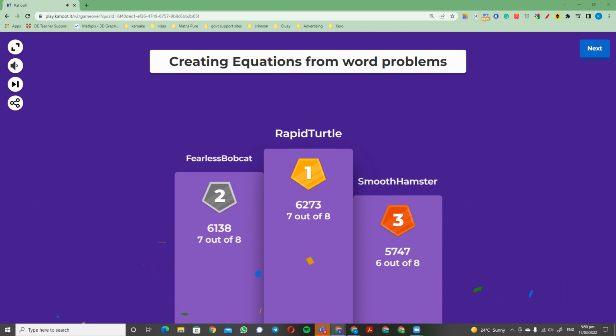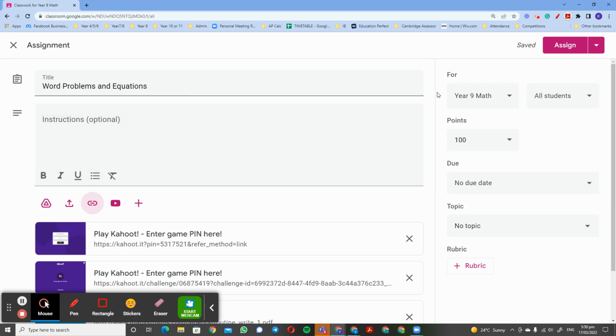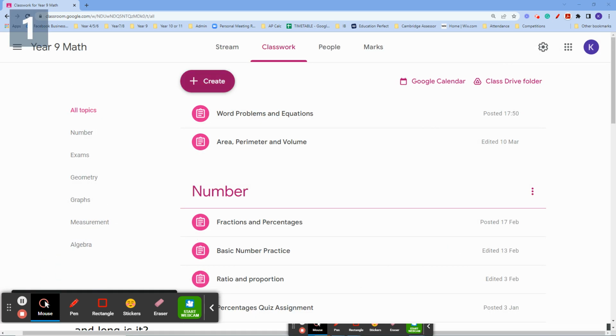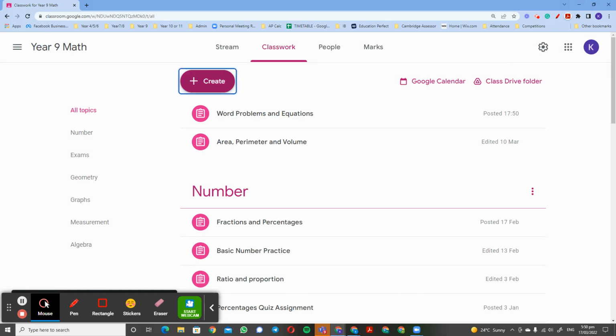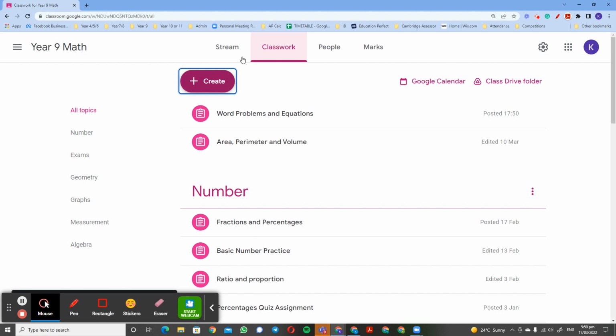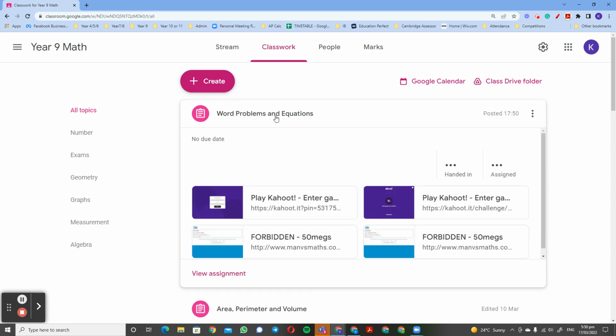So what I'm going to do now is share with you the classroom page. And you can just have a look at where we're at here. I'm just going to assign it to you. Watch carefully over here. If you can see that. Well done again. You guys did very well for that. Now you'll see word problems and equation. What you can do over here is click on this link, and you'll see there's another